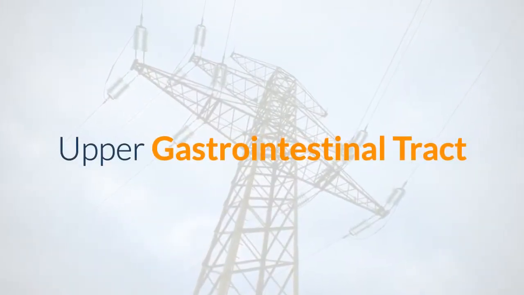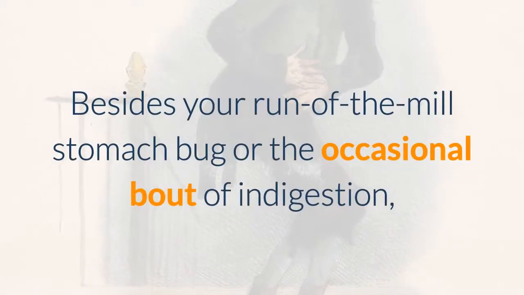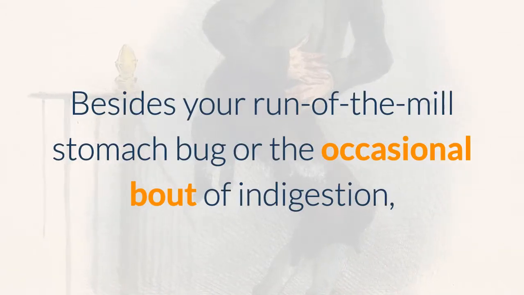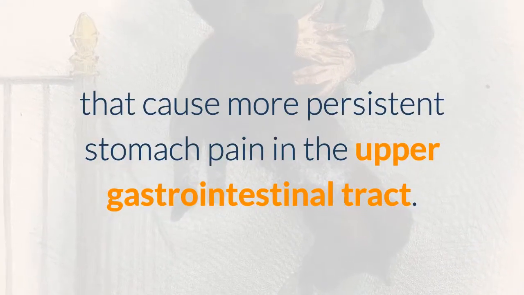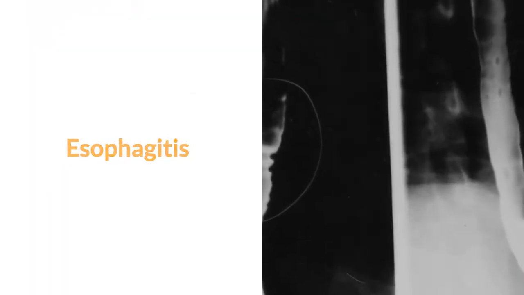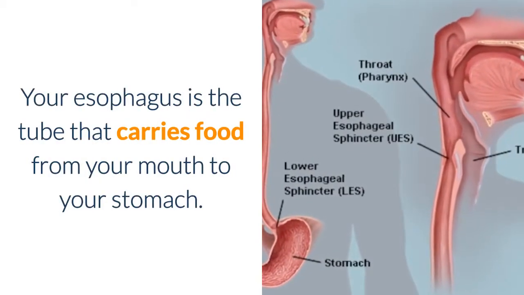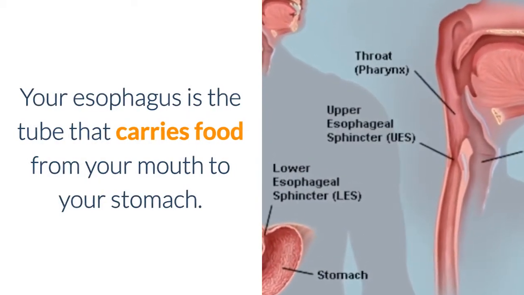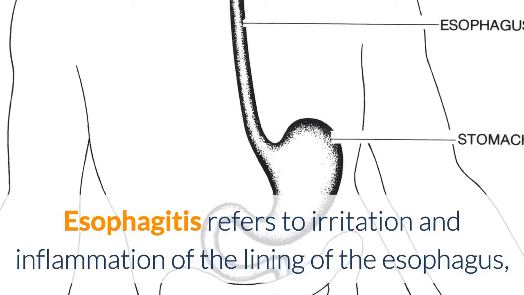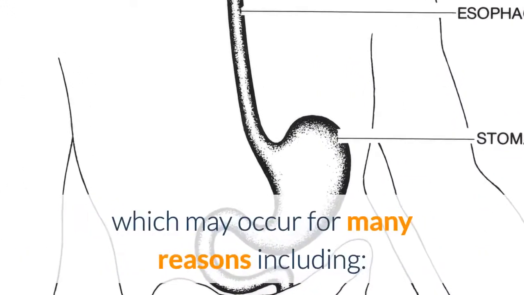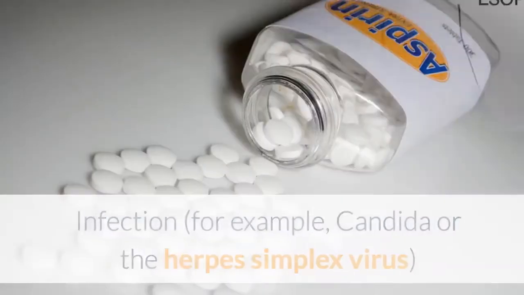Upper gastrointestinal tract. Besides your run-of-the-mill stomach bug or the occasional bout of indigestion, here are some health conditions that cause more persistent stomach pain in the upper gastrointestinal tract. Esophagitis. Your esophagus is the tube that carries food from your mouth to your stomach. Esophagitis refers to irritation and inflammation of the lining of the esophagus, which may occur for many reasons including infection,